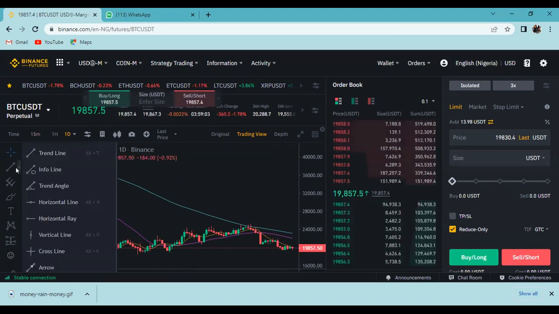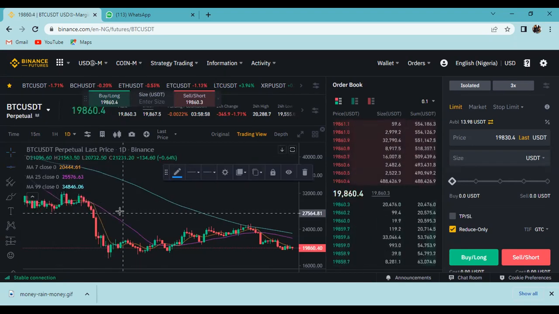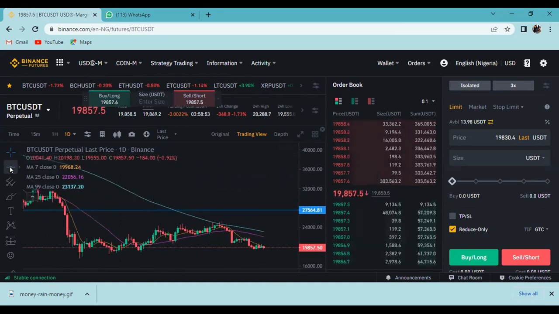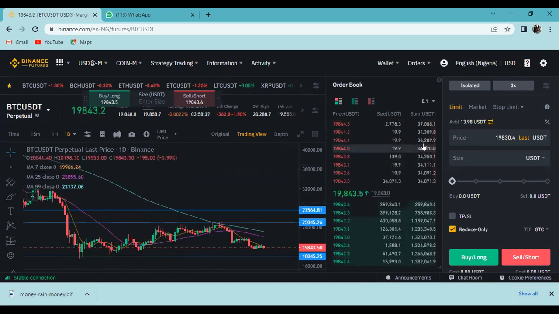Normal TradingView tools are perfectly available here. Isn't that nice? We do normal analysis, like support and resistance, all those things. You want to mark your zone, so it's there. I'm just showing this as an additional option. And this is the order book, the same thing that was available on the web. And yeah, the reduce only that I wanted to do.